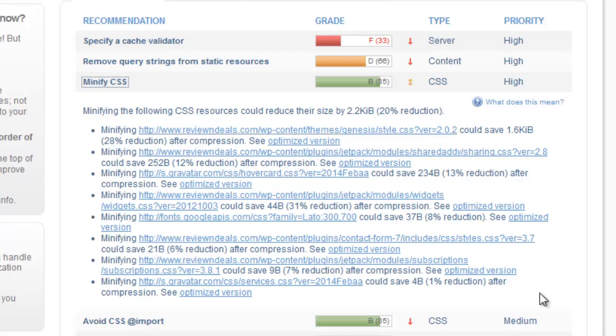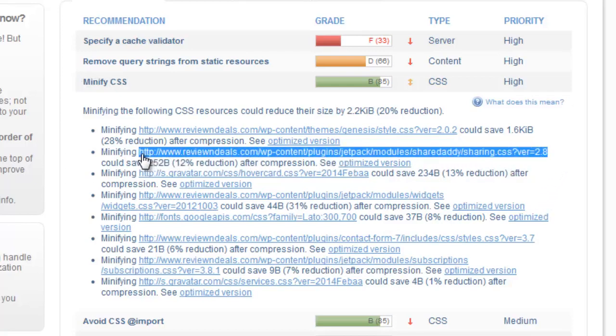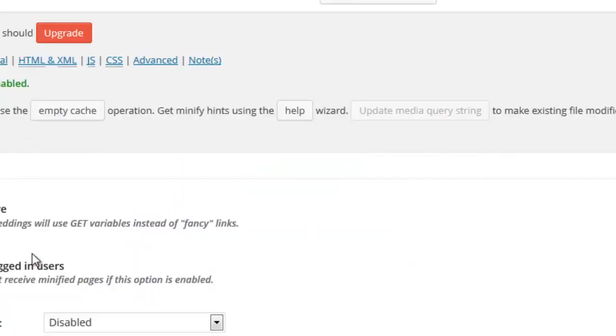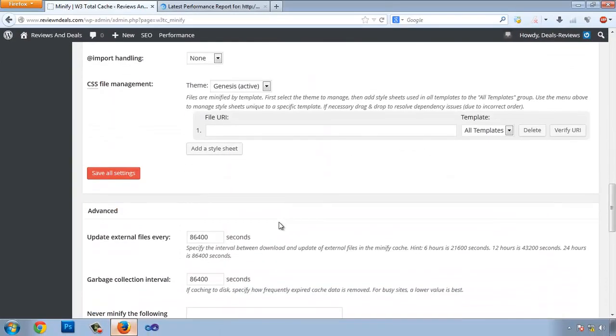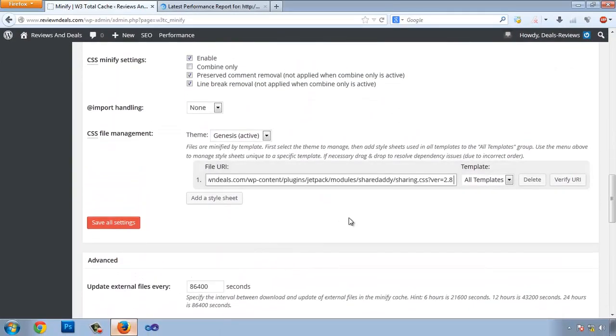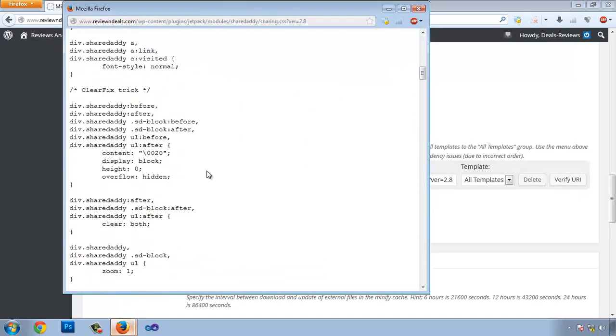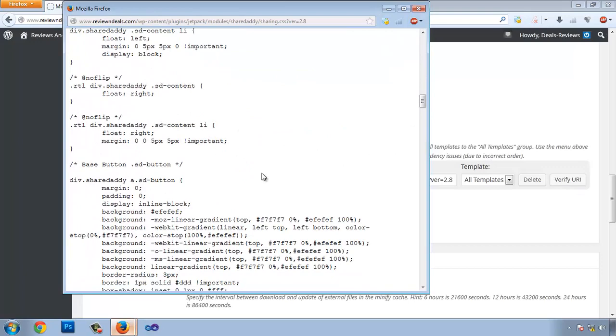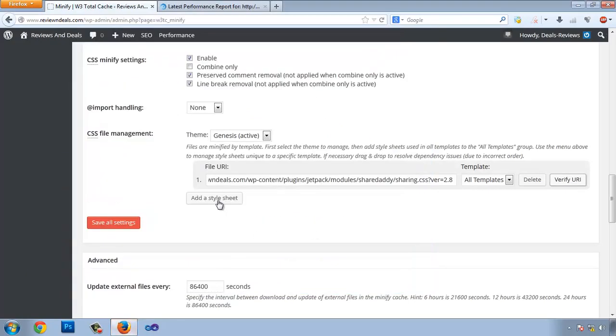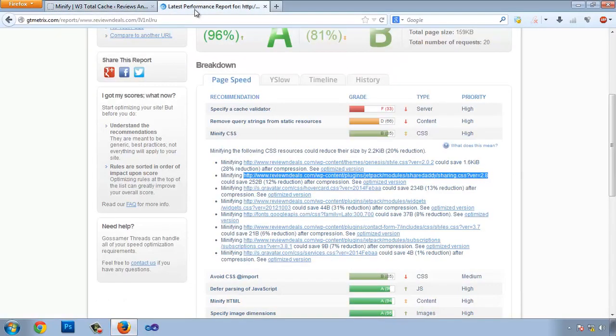And if you want to minify other CSS files, you can just copy the files here like this and put it here, and after that click verify URL, and if something appears like this, it means that you did everything right. Click add new and copy the other one,